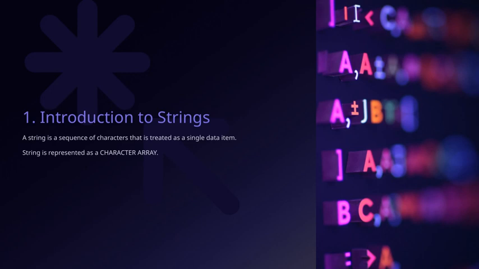So, a string is essentially a sequence of characters, like letters, numbers, or symbols, that we treat as a single data item. Think of it as a bunch of characters grouped together to form meaningful text. Now, in programming, we usually represent strings as a character array. This means that each character in the string is stored in a specific position within an array, making it easy